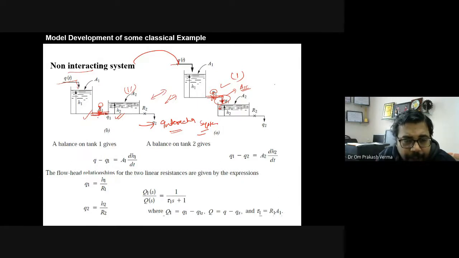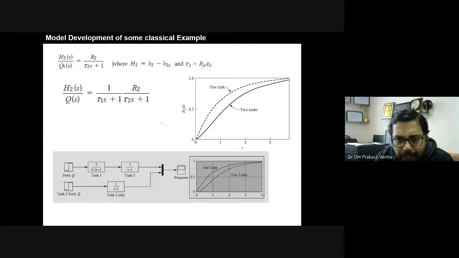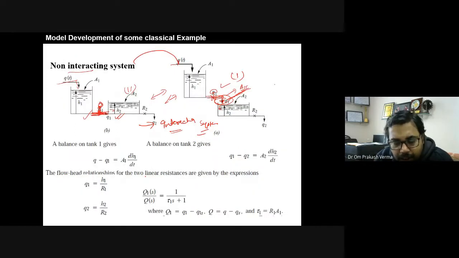And here one valve is connected. Here also a valve is connected, but this fluid is going to enter without any contact with air. From here to here it goes directly with the help of some valve control. Here, the flow is in direct touch with air. This is the only difference, nothing else. But the response of both the systems, when you simulate them, as we have simulated the non-interacting system, we can see how they differ.